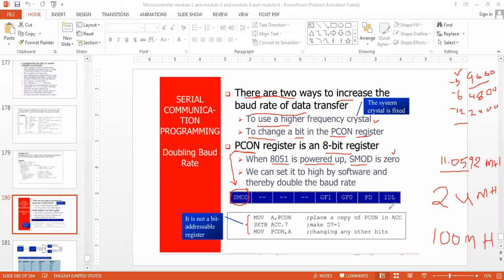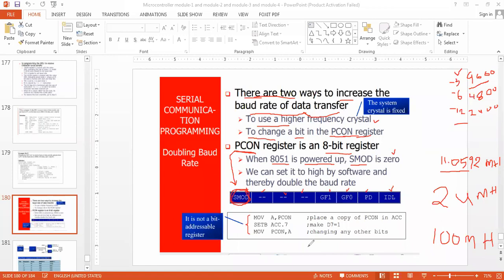Out of these 8 bits, bit 0 is IDL, bit 1 is PD, bit 2 is GF0, GF1 is there, and some user defined bits are there. The last bit is SMOD. Okay, now this is important. The last bit in the PCON register is important for us to increase the data transfer rate.